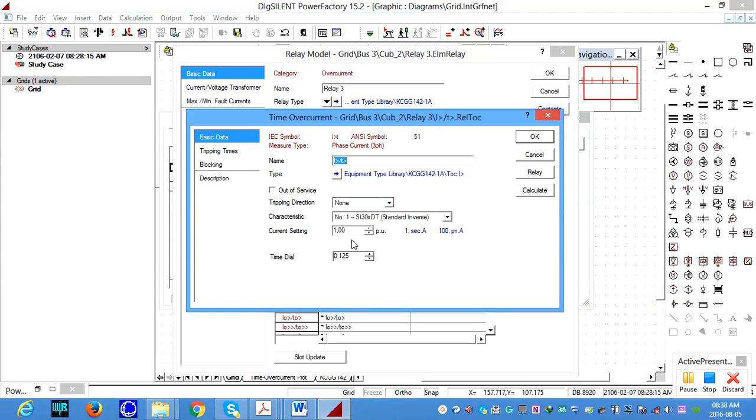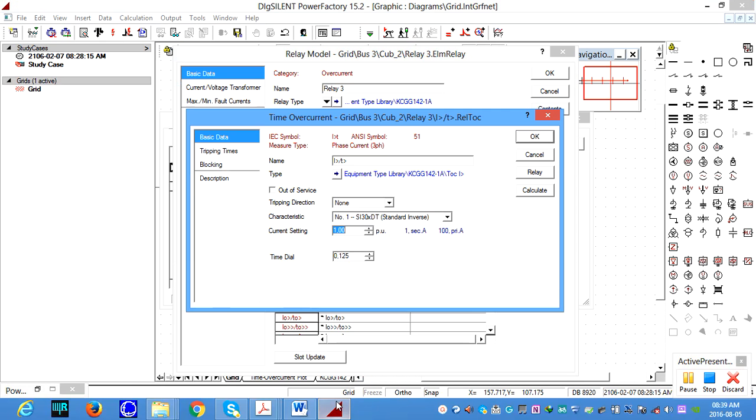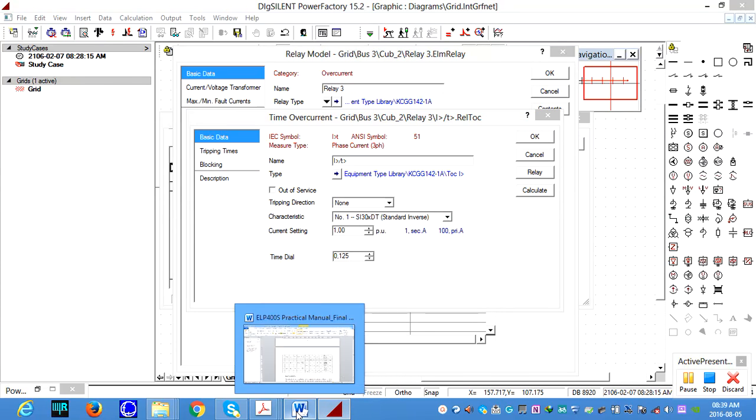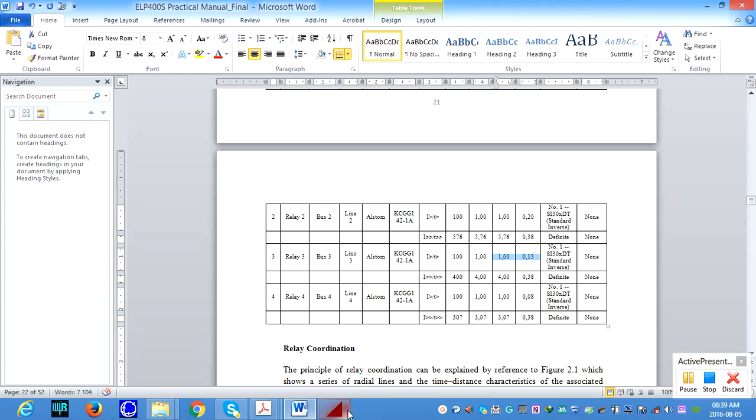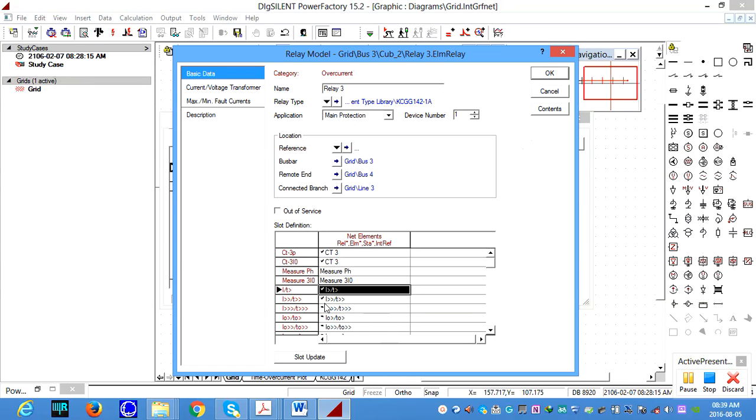This is stage 1 for relay 3, and we make sure the time dial setting is 0.125 seconds and the current setting is 1 amp secondary. So go to relay 3, you see relay 3 is 1 ampere and the time dial setting is 0.13 seconds. Okay, this is something 0.125, so we are in the right place. Okay, it must be 0.13 seconds, so let's change this to 0.13 seconds. Okay, next